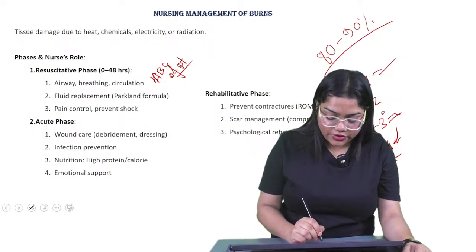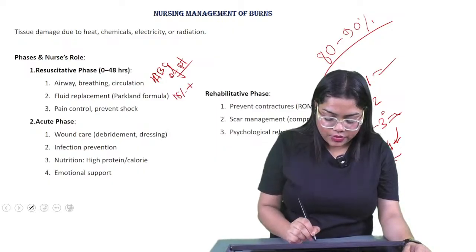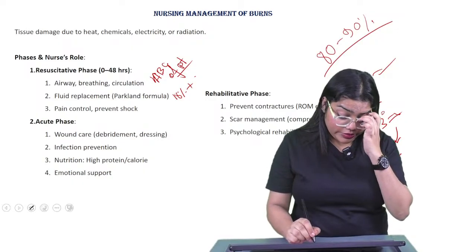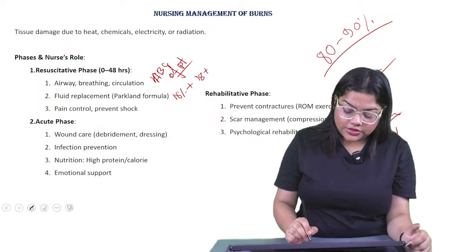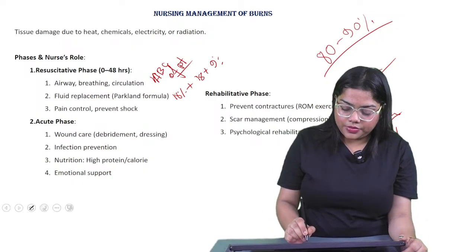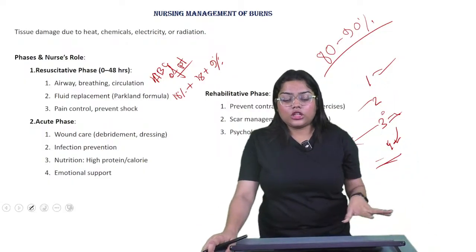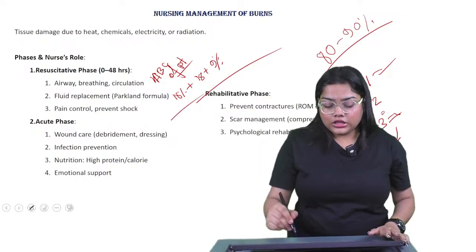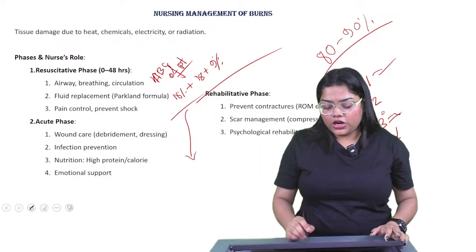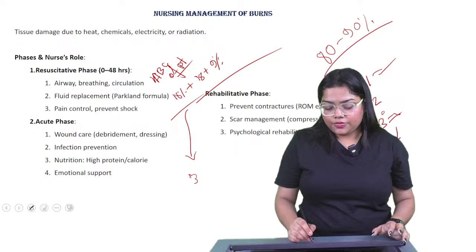Okay, if it is in front of the body and the trunk, it will be 18%, plus the back of the body, it will be 18%, plus if it is head and neck, it will be 9%. So that is the Parkland formula, you know, right? Okay, so based on that we have to calculate the severity of the burn, and after that we can give